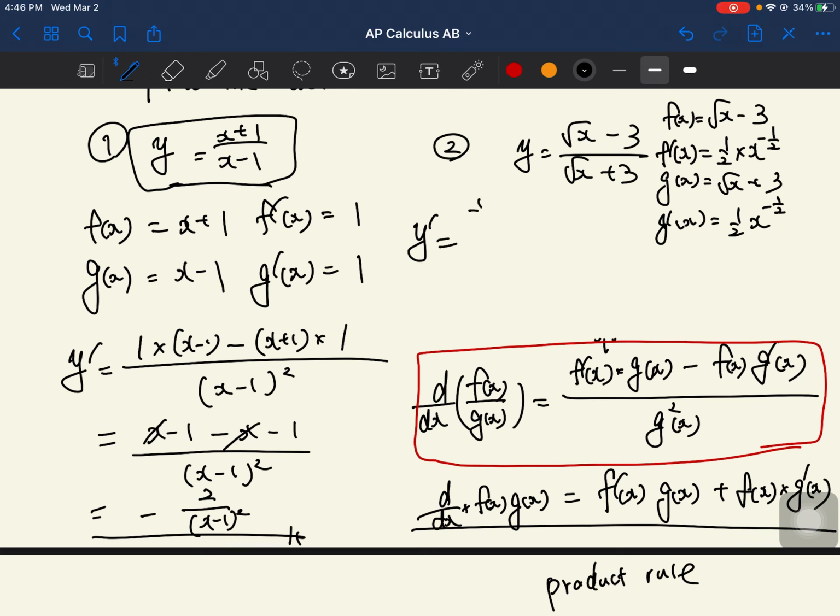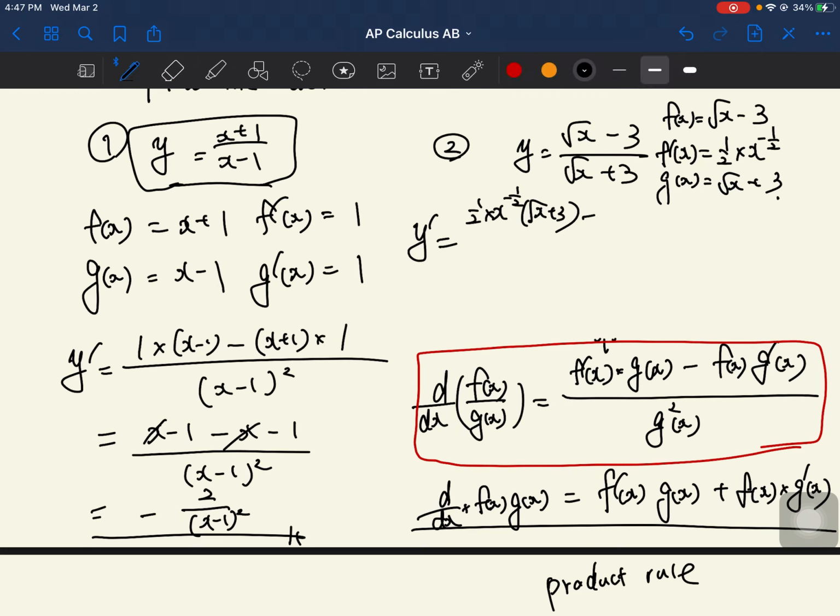So y prime is f prime, 1 over 2 times x to the power of negative half, times g of x, square root of x plus 3,